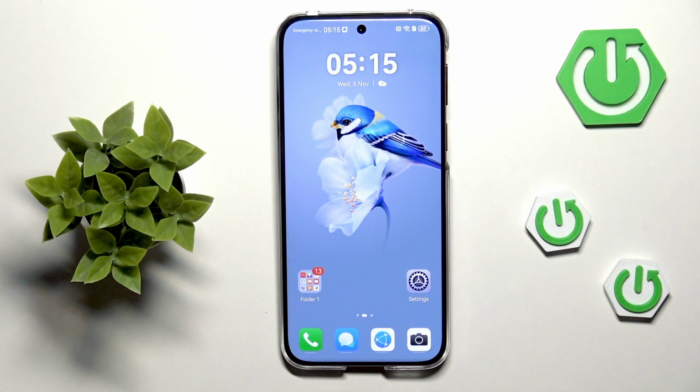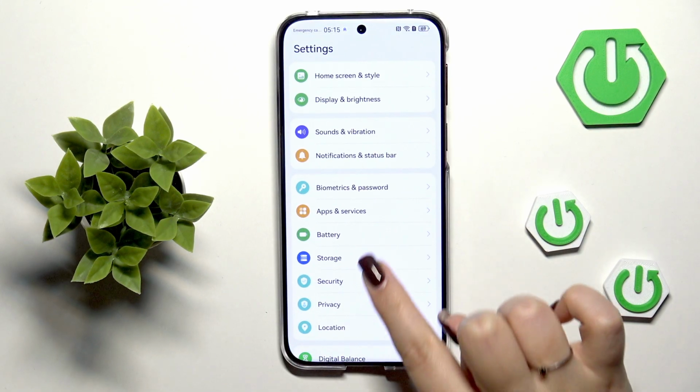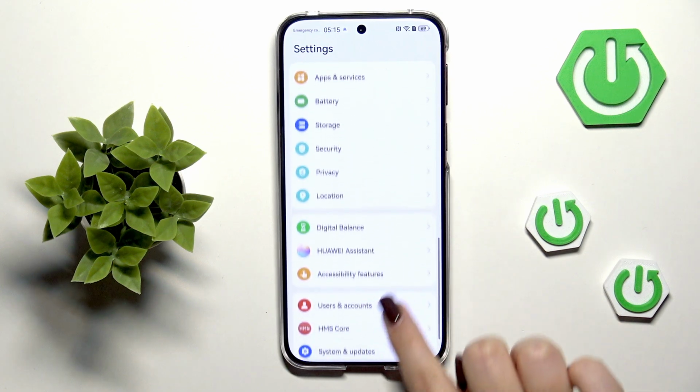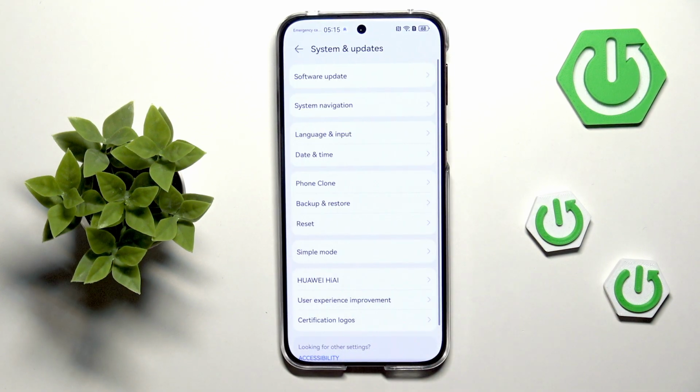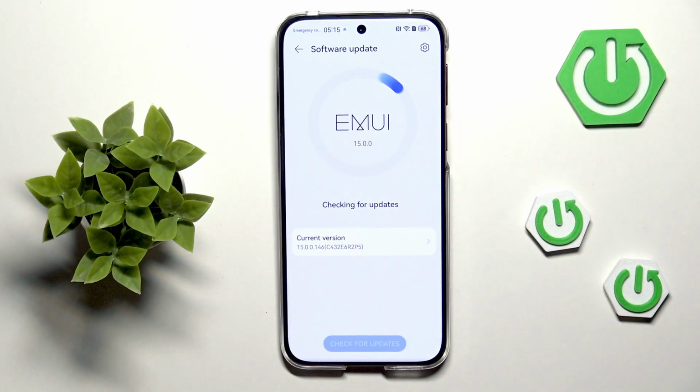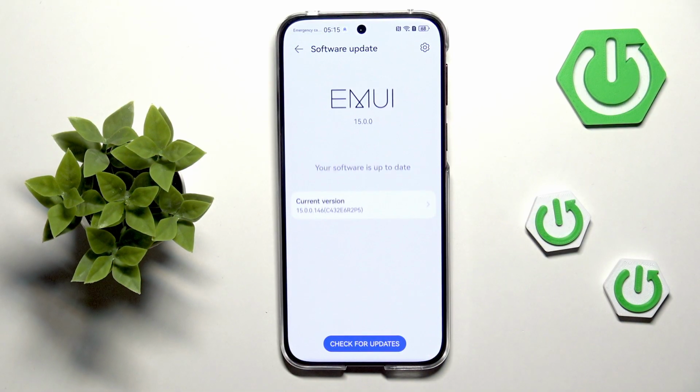And as a last resort, I also highly recommend to check for the system updates, because sometimes older systems are not working well with newer versions of apps. So let's go to the settings. Right here we will have to scroll down and find system and updates, and go to software update at the top. And now your device will check for the updates,